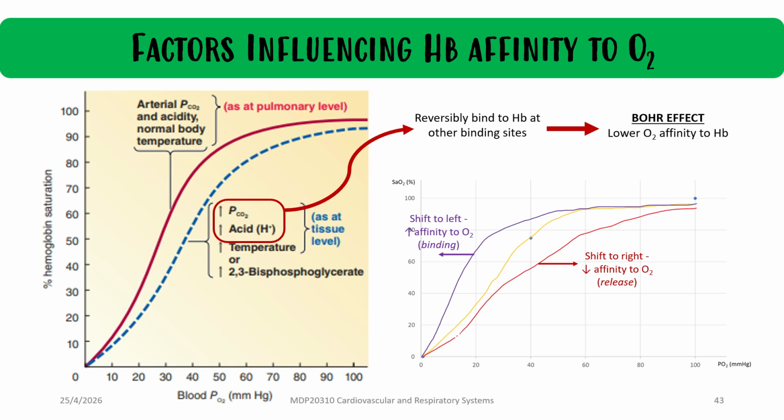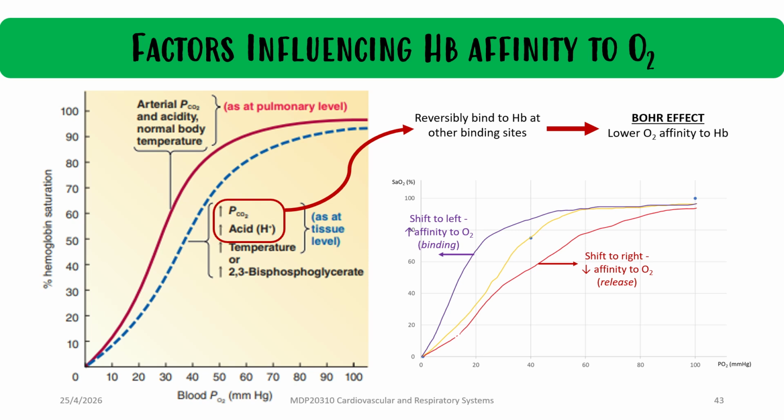So with this increase in carbon dioxide, hydrogen and temperature, shifting to the right means there will be a lower affinity to bind with oxygen. The attractiveness of hemoglobin to oxygen will be lesser. Therefore, the hemoglobin will release more oxygen. This condition is known as the Bohr effect, where the hemoglobin affinity to oxygen becomes lower due to the presence of these factors. This effect helps the body to optimize its oxygen delivery to metabolically active and acidic tissues in order to